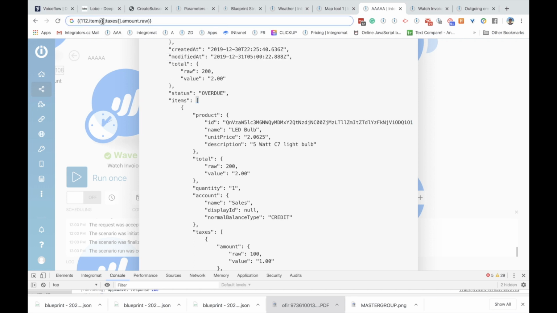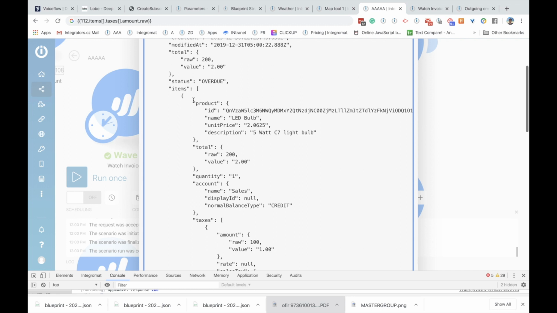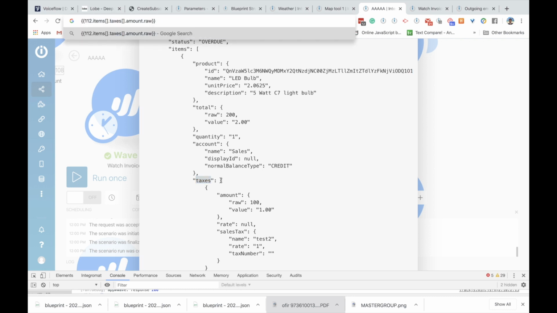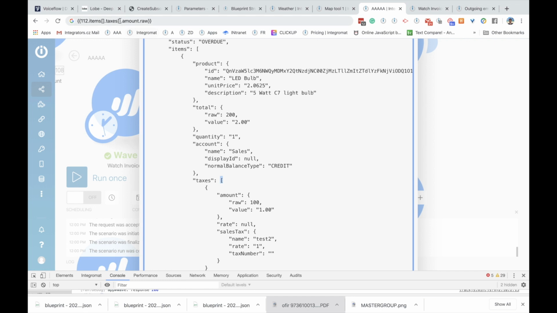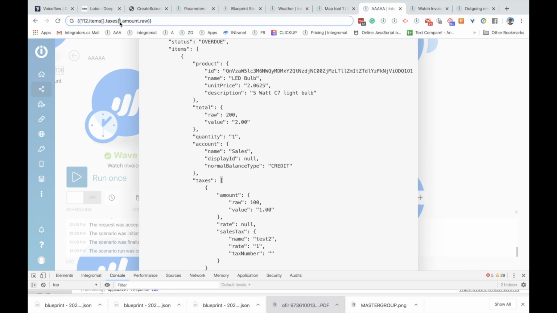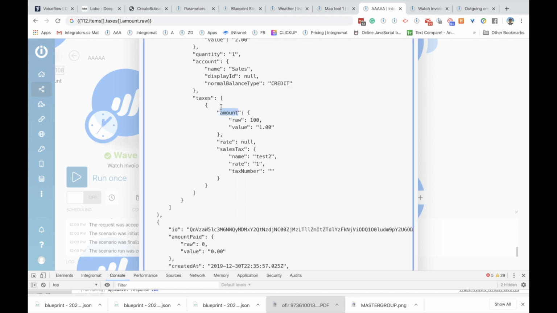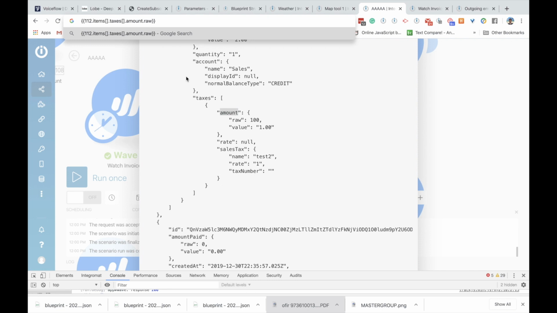So we start with the items, going one level down, inside of this collection. It's actually a nameless collection, it doesn't have a name. Inside of it we have taxes, which is also an array. So we're adding another square brackets, another dot. To go deeper, we go to amount, we have a dot here again, and we go into